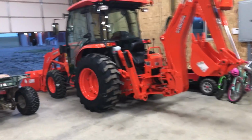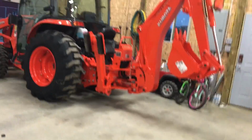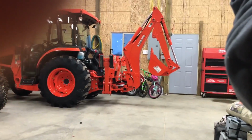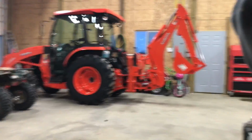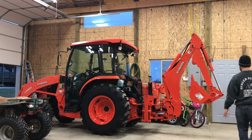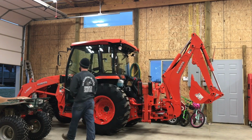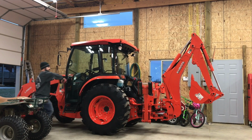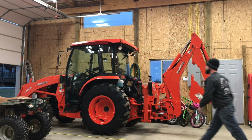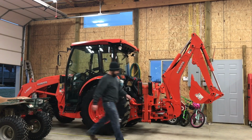Tell you what, something that I was really curious about, and I don't know if I'm going to be able to get this to sit the way that I want it to. It's hard to tell because the tractor itself doesn't come with all the implements, so you kind of have to try to do the math yourself and figure out what it is. But the tractor as a whole, with the backhoe in the up position, is probably going to be about